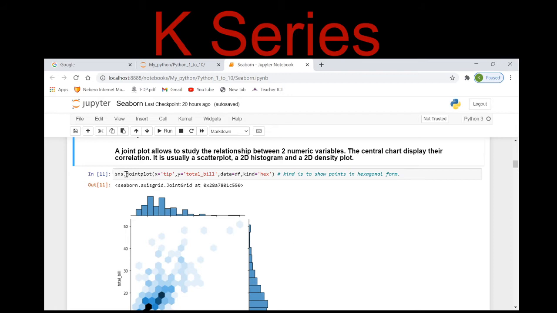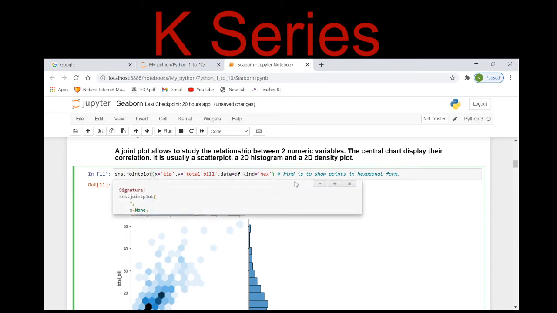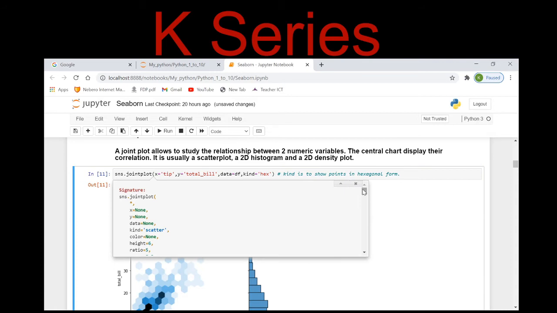See here, I have simply used jointplot, which is an inbuilt function Seaborn is providing me. If I press Shift plus Tab, I can get the entire description of it along with its arguments.